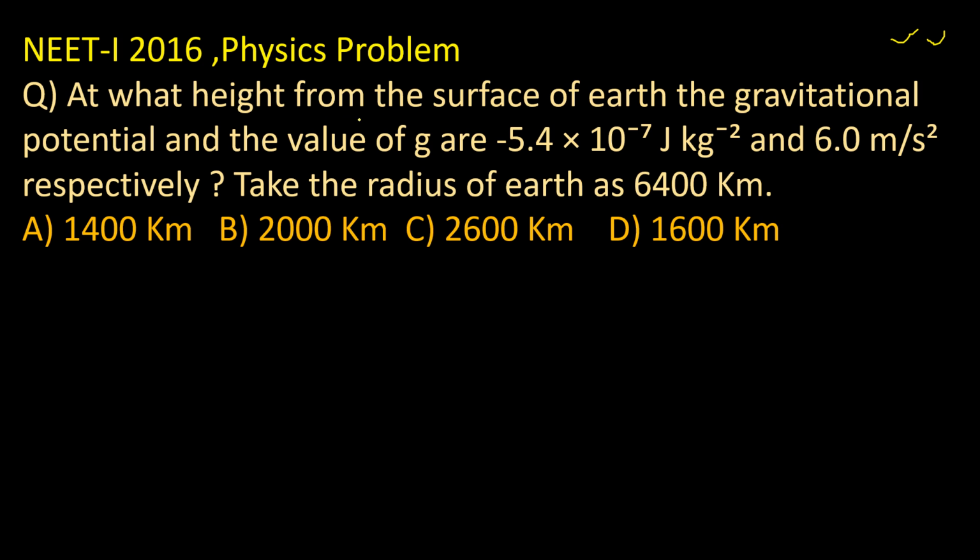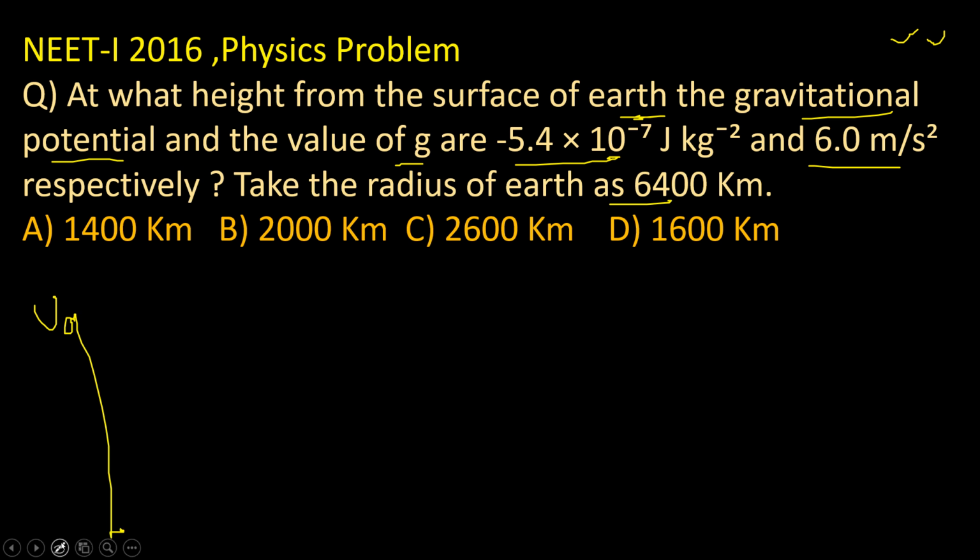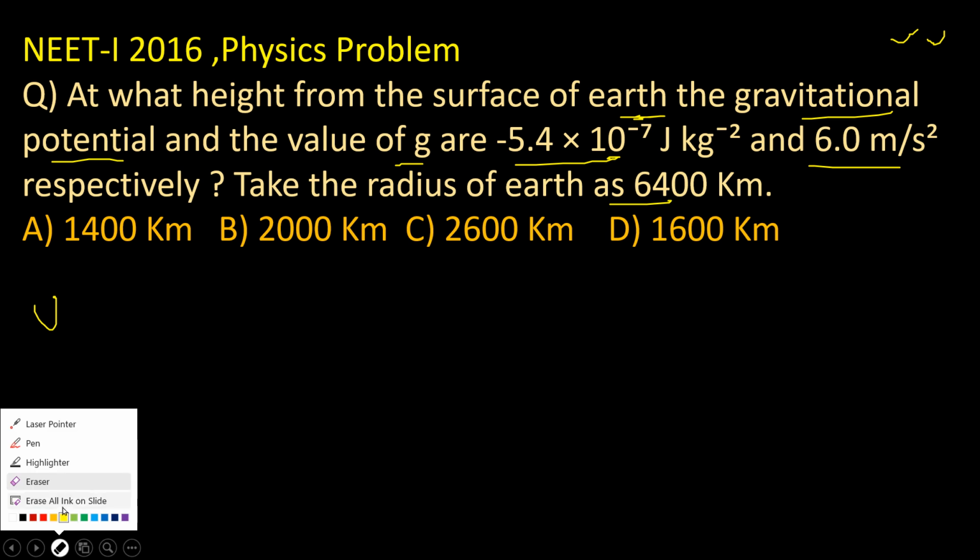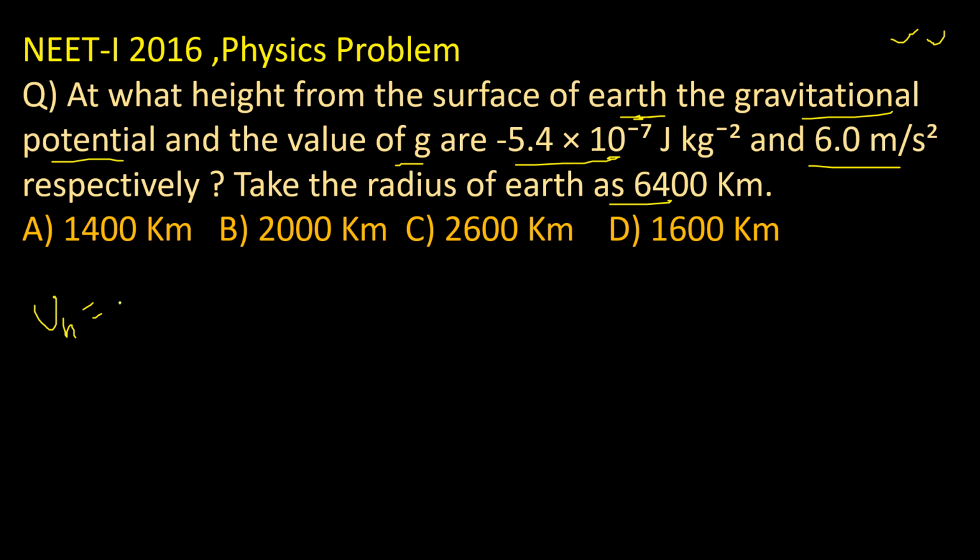At what height from the surface of the earth are the gravitational potential and the value of g given respectively? Take the radius of the earth. Normally, the gravitational potential at a certain height is given, so we can take V_H equal to minus 5.4 into 10 power minus 7 joule kg power minus 1, and acceleration due to gravity